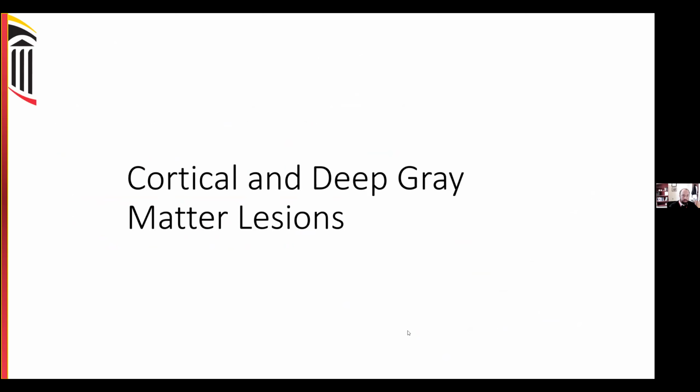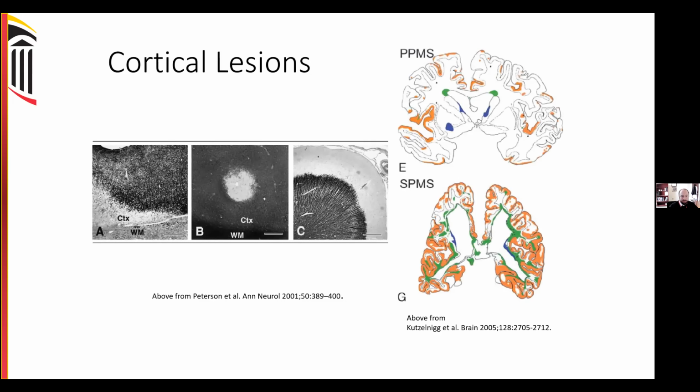So let's talk a little bit about cortical and deep gray matter lesions. Cortical lesions, lesions in the cortex, are a well-known thing at autopsy in multiple sclerosis. So shown here is the histopathology of them. They seem to come in three types. There's the leukocortical lesions. These are lesions that traverse both the white and the gray matter boundary. Intracortical lesions, which are these very small little lesions, usually centered on a very small vessel within the cortex, and then more widespread subpial demyelination. These can be quite extensive. They can cover large areas of the cortex in patients with MS,